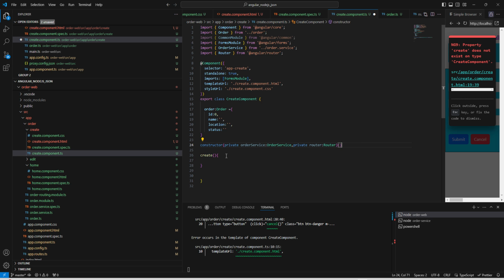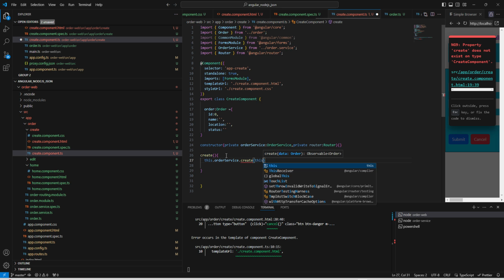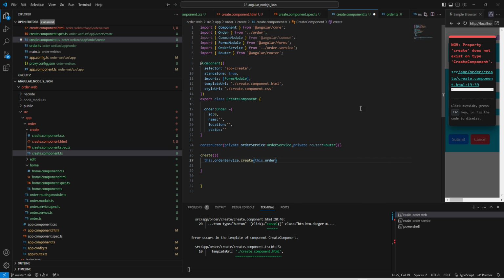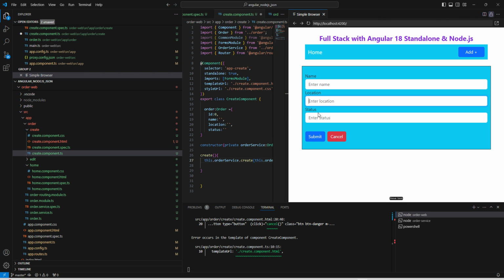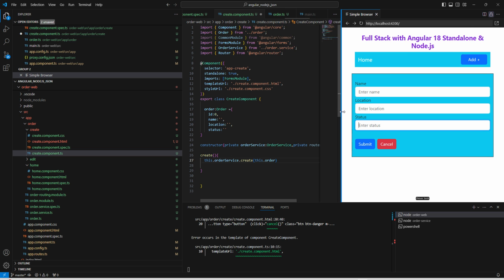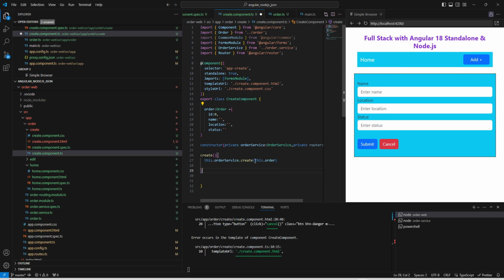Fine. Now inside this create we can use this.orderService.create method we can call, and we can use this.order. So what happens, whatever entry we enter in these input fields, that will get captured into this order object. Now we are passing this order, and we can call subscribe, and here is next,